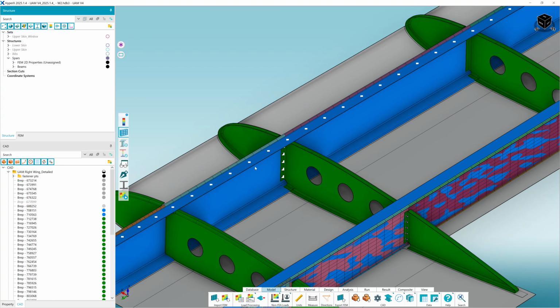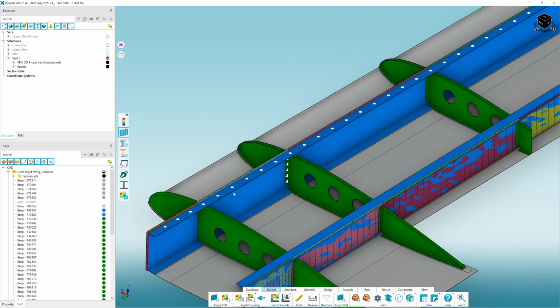So our FEM has the spar cap modeled as a bar element here, and so there's no width of the spar cap predefined in the FEM. What we'd like to do is get the width of the spar cap from the CAD, assign it to the design property for the FEM spar cap, and then do some sizing of the thickness of that cap in HyperX. So to do that, we'll want to slice the spar geometry at a certain location,